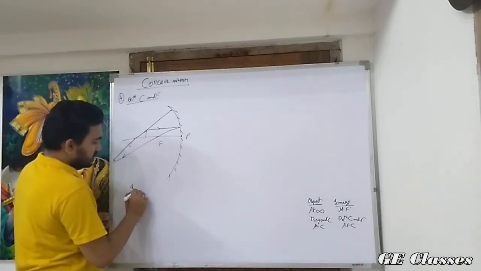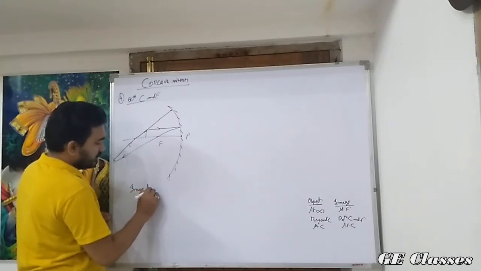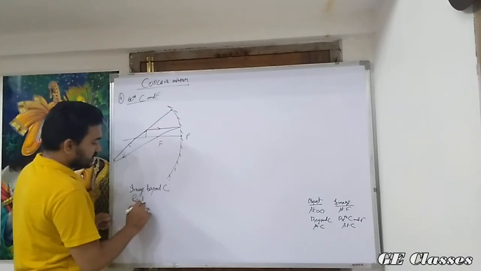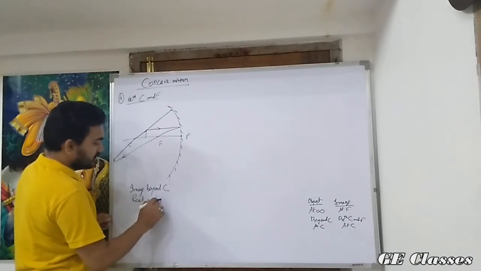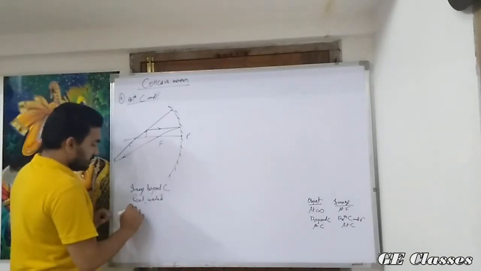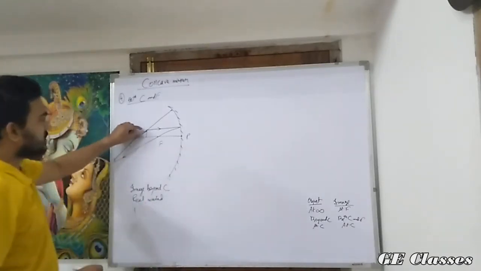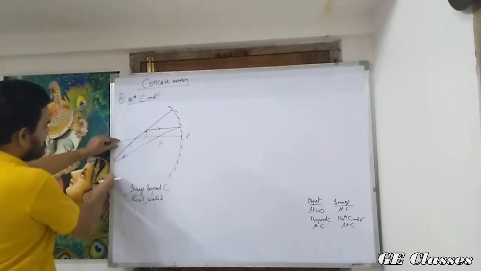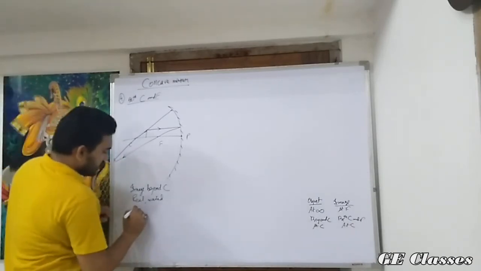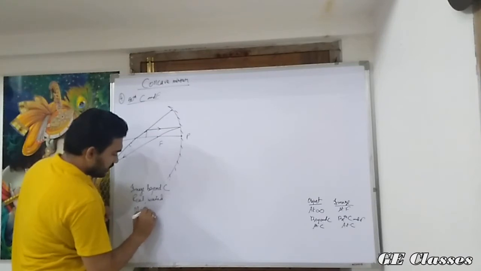So the image is ultimately formed beyond C. Obviously it's going to be real and inverted. They are going to meet, these are converging lines, and it will be magnified. See, the object is this much and they are going to meet at least at this plus this much space, so it's magnified.